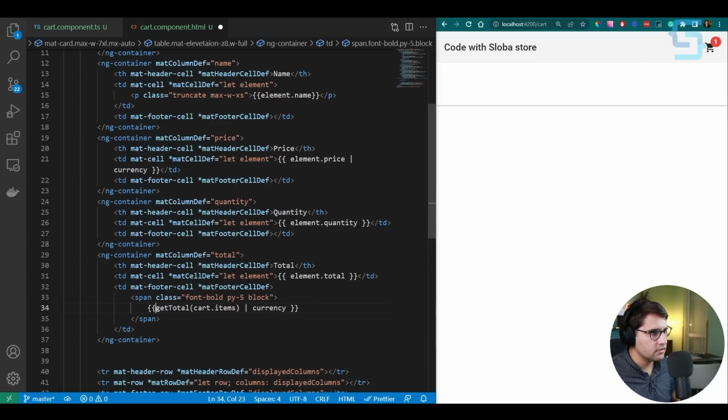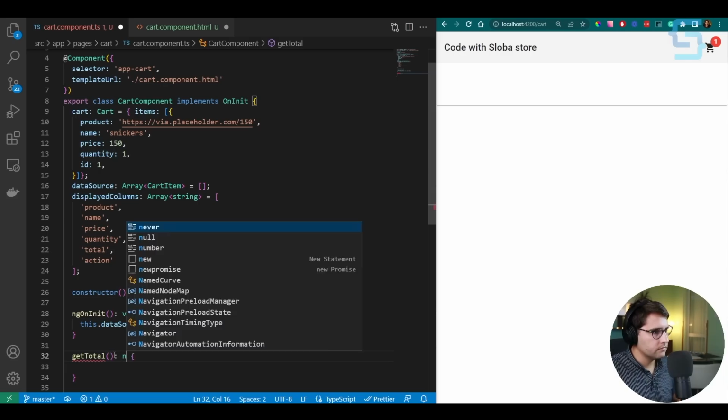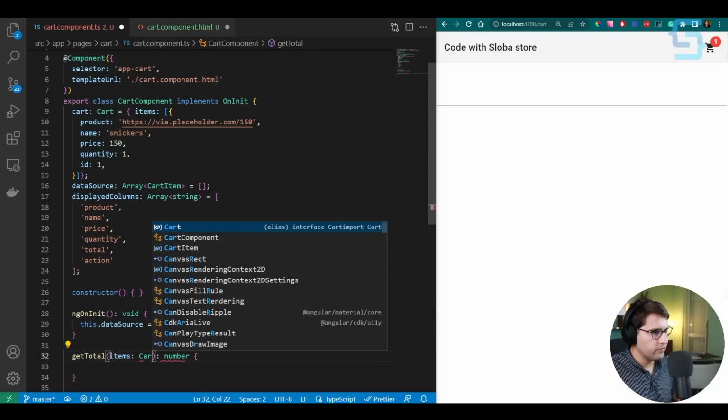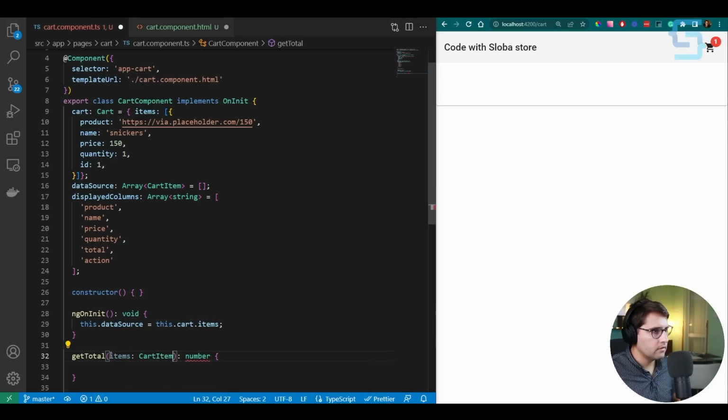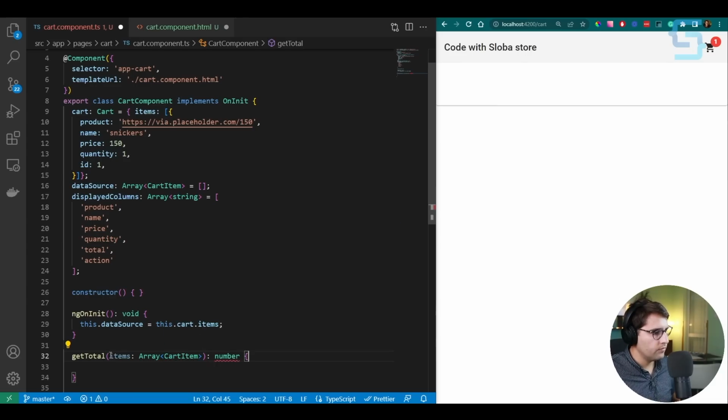Okay, and let's define this get total method inside of our cart component. So this method is going to return a number, and it receives items, which are of type cart item array. Okay, and what we want to do